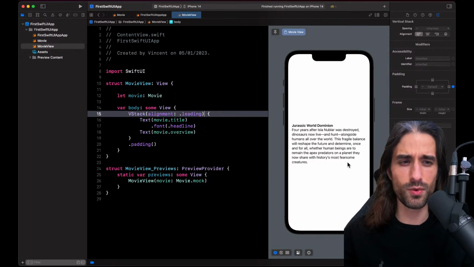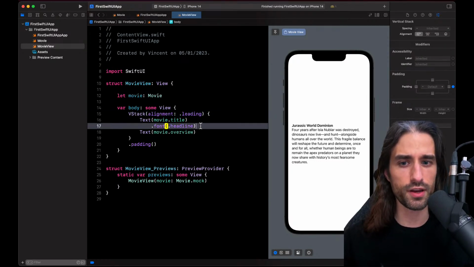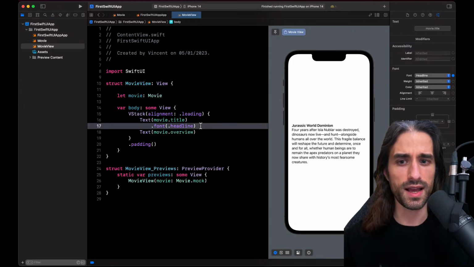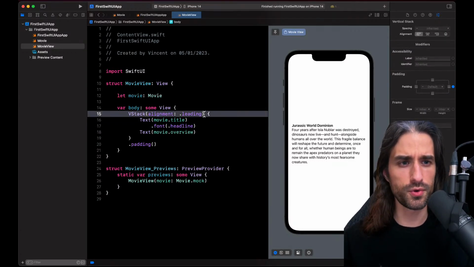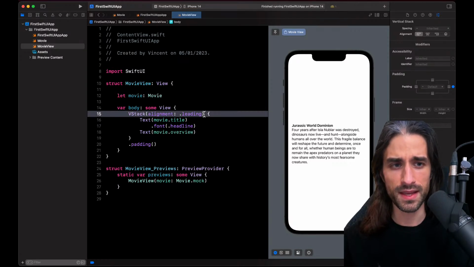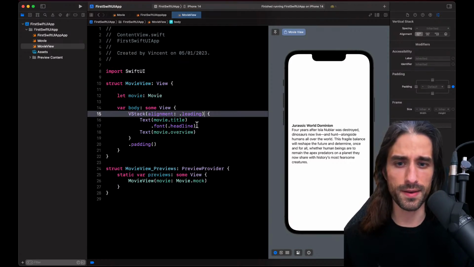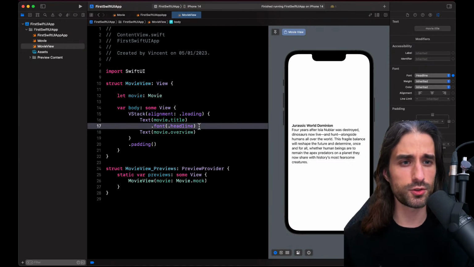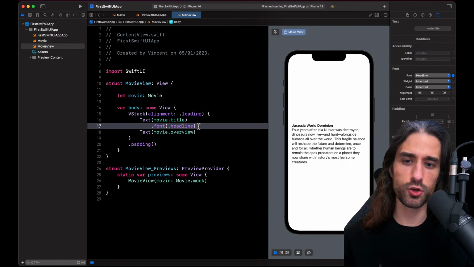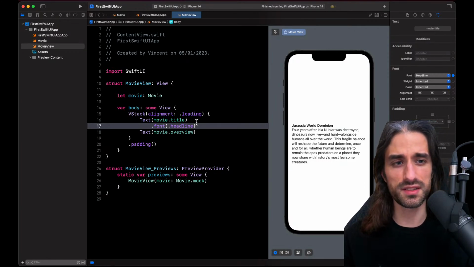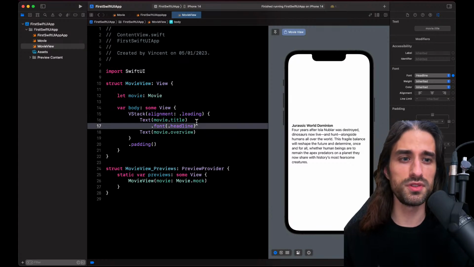So at this point, you might be wondering, that's funny, but there are some configurations that we do using a modifier, like the font here, and some others that we do through an init. Why that difference? Basically, you will see that difference when a modifier is something that you could provide or not. You can do without. On the other hand, when you have an argument that you pass through an init, it's something that is important. The view needs to have a value to know how to function.